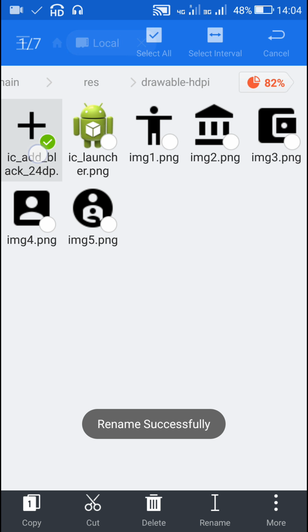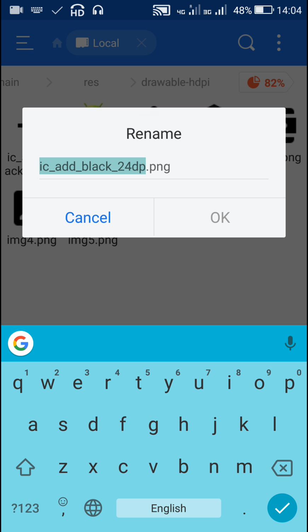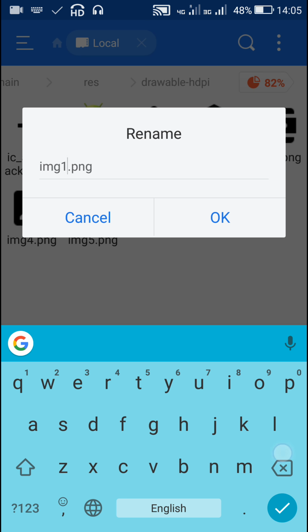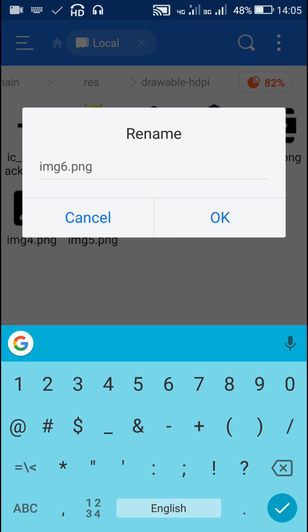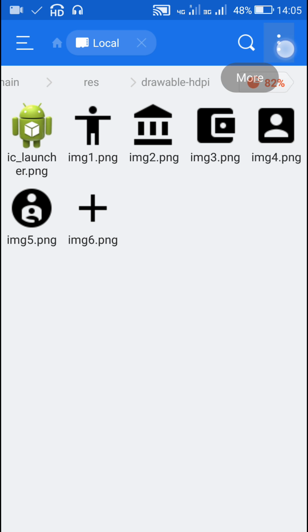And the last one, this will be img6. So now I have 6 images, starting from img1, 2, 3, 4, 5 and 6, and I will use this img2 as the icon. I will replace these 3 dots with img2. So in order to do that,